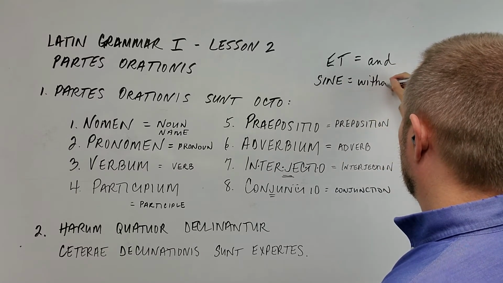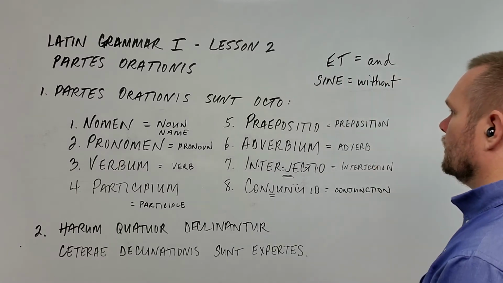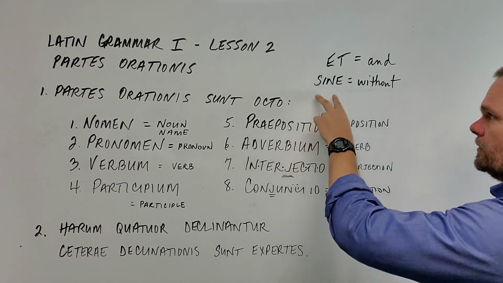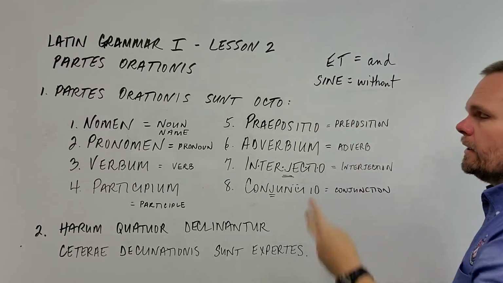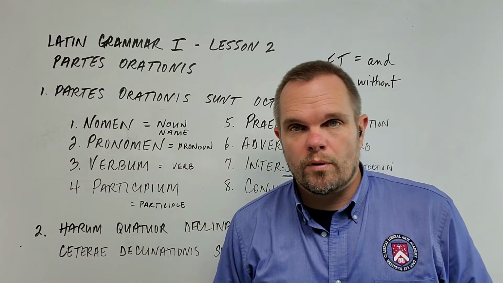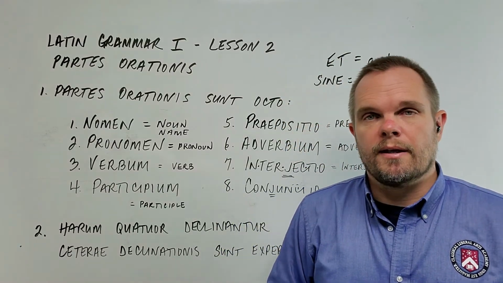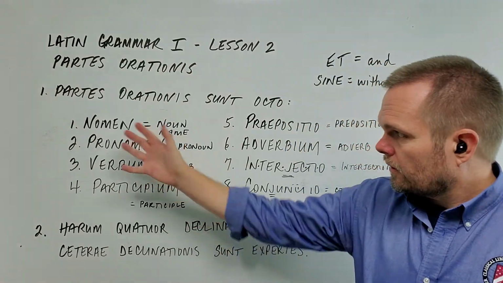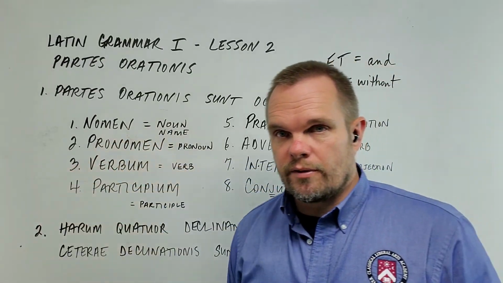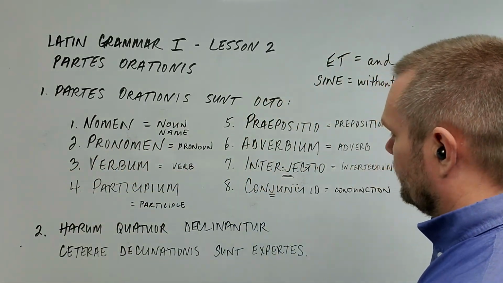Sine means without. Sine is a preposition. It means without. There's only one form of the word sine. It's not declined. There are no other forms. To give you an example of declension over here, if I take